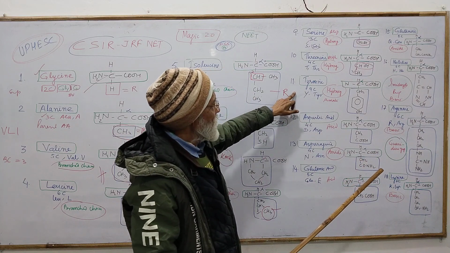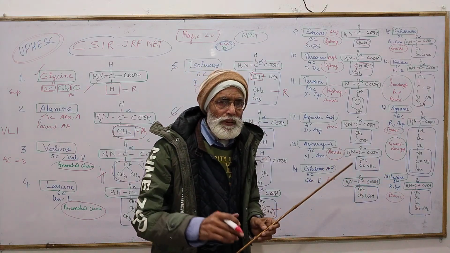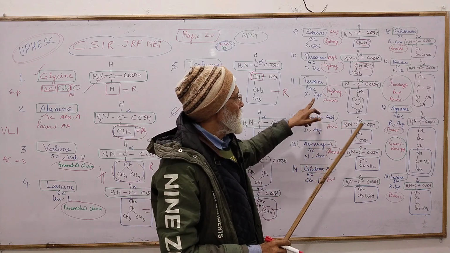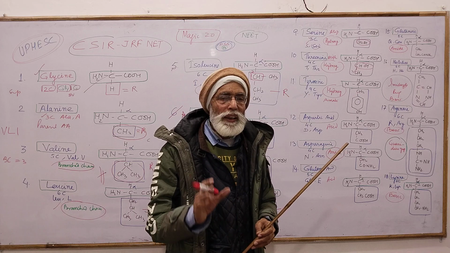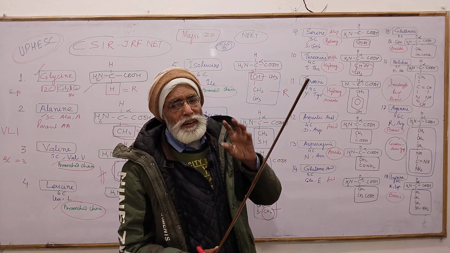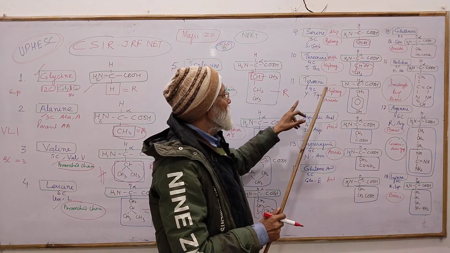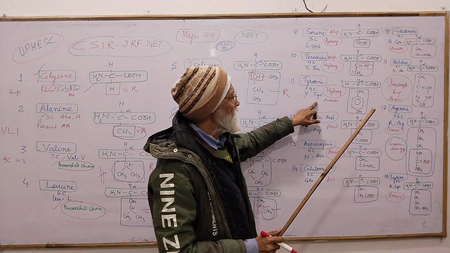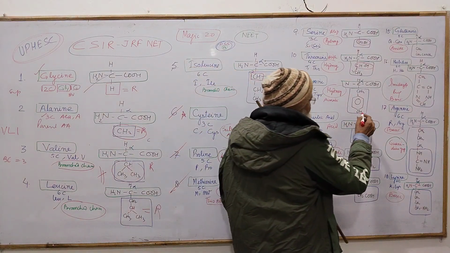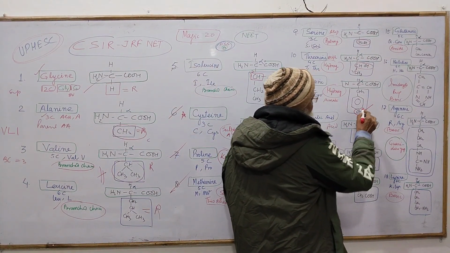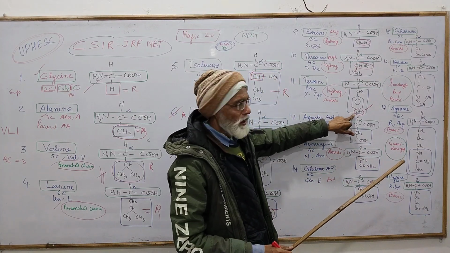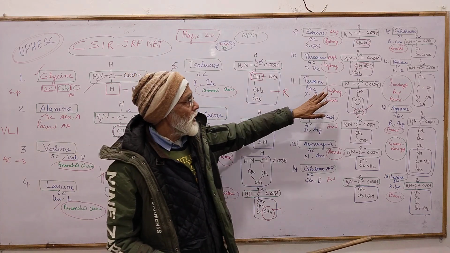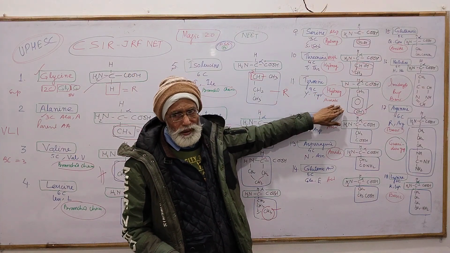Take another question. Tyrosine. Which of the following is an aromatic hydroxy amino acid? Your answer is tyrosine. Tyrosine possesses an aromatic ring and it possesses 9 carbon atoms and the single letter is Y. Always remember, not alphabetically, Y. TYR 3 letter. And here you see the hydroxyl group present in the benzene ring. So this one is the aromatic hydroxy. As you already studied the charged polar, so these are uncharged polar amino acids.